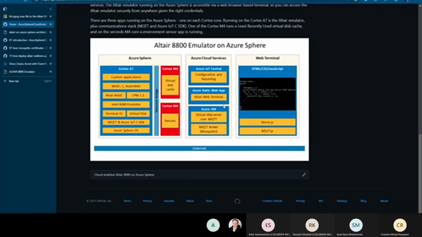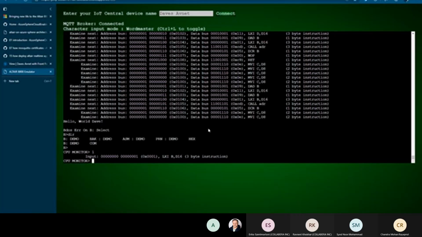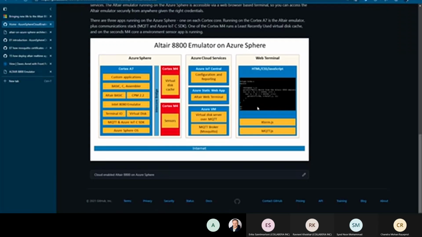Remember, there's a cloud tier which has got IoT Central, which I just showed you for configuration reporting. I've got an Azure static web app, which I showed you. That is the Altair emulator. That static web app is comprised of HTML and JavaScript and CSS. And I'm using Xterm, which is an open source console project, and I'm using MQTT, which is a JavaScript